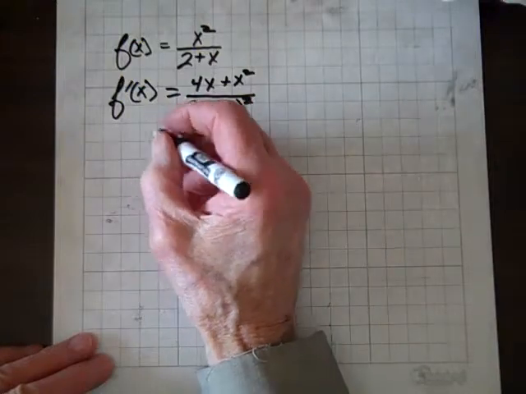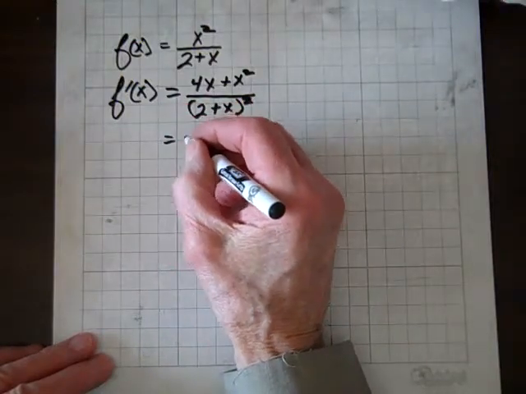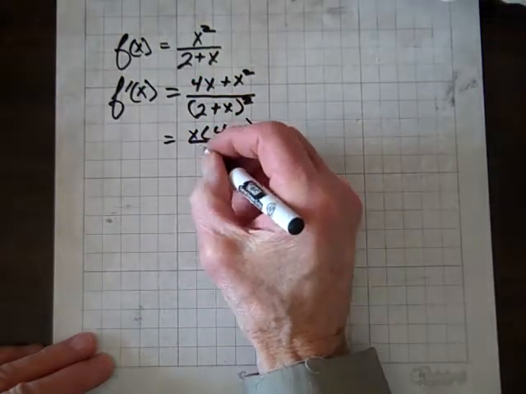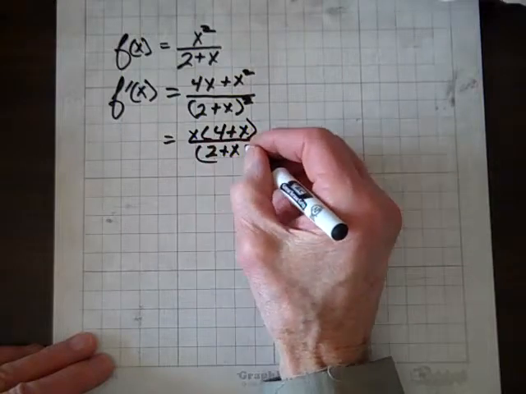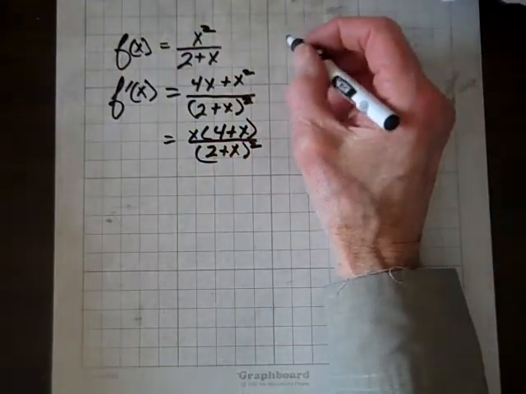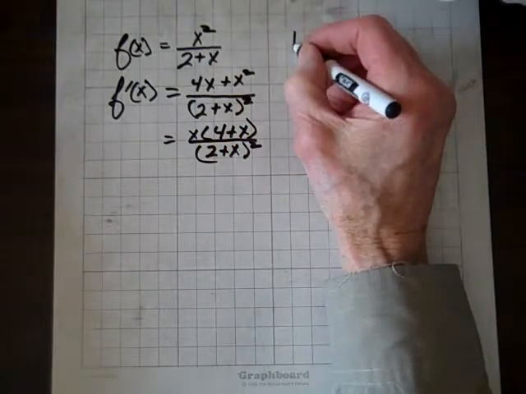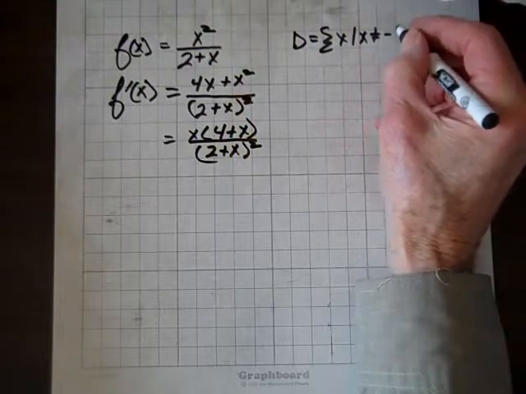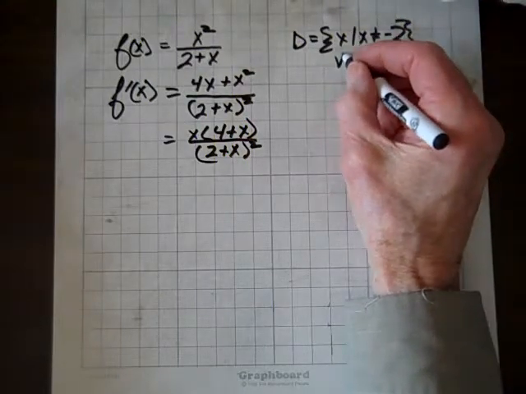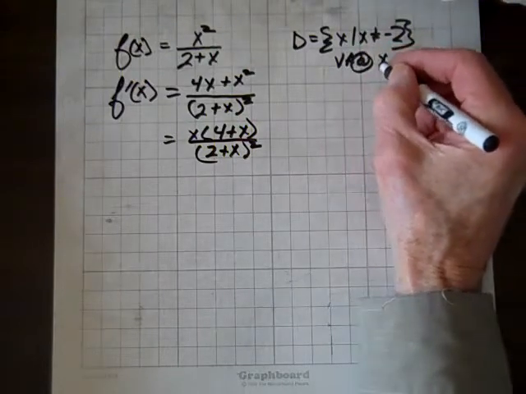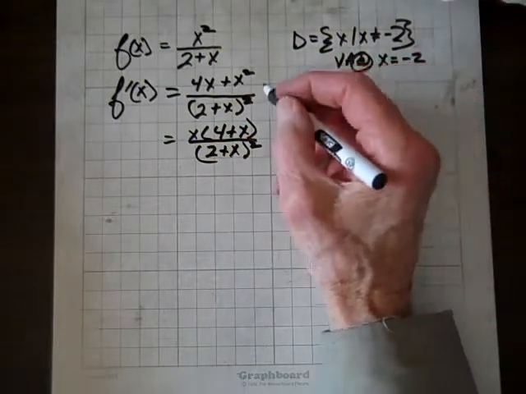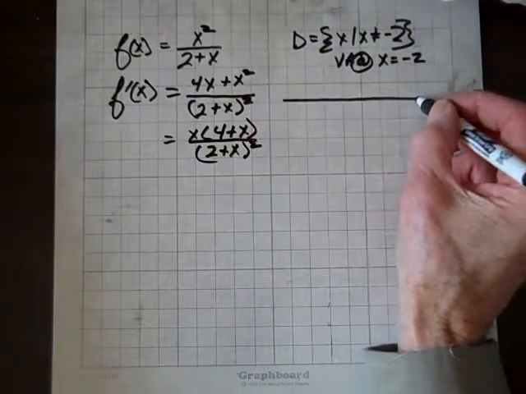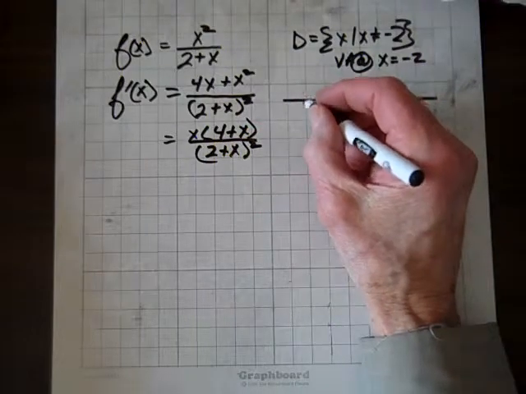Anyhow, another way to write that is factoring an x out, x times 4 plus x, over 2 plus x squared. Now, a couple things to catch up on. The domain is all reals except x can't equal -2. So there's going to be a vertical asymptote at x equals -2. Also, for the first derivative, the zeros of this, the critical points, are x equals 0 and